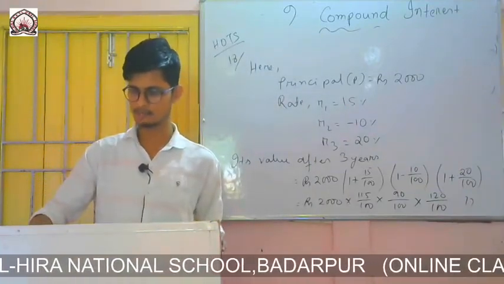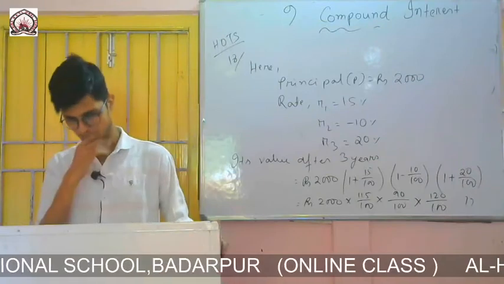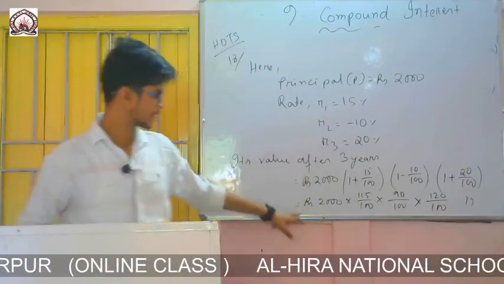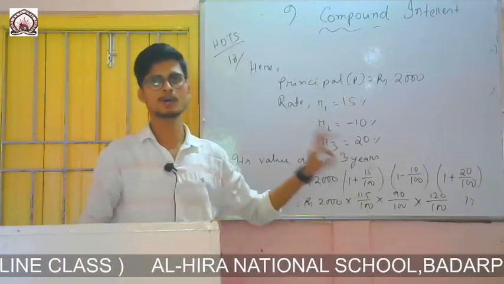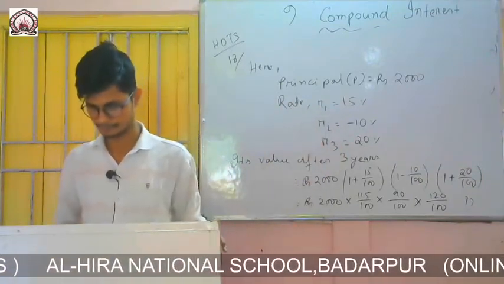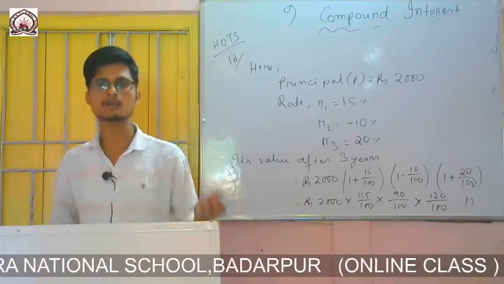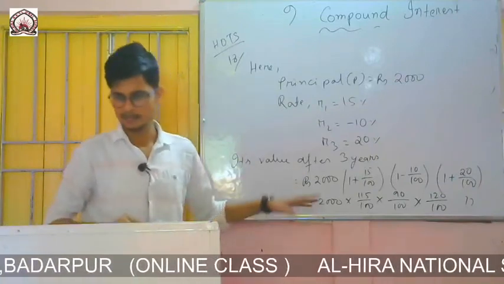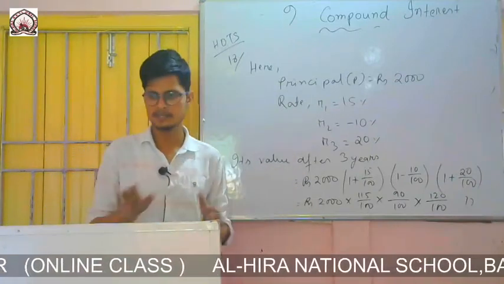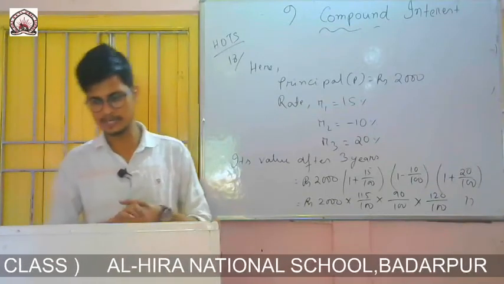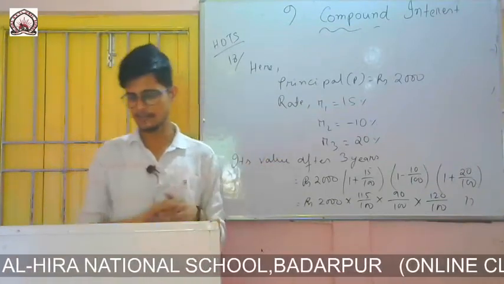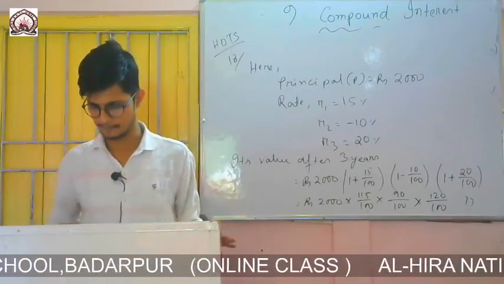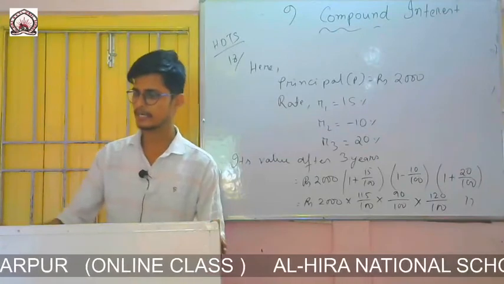So now we will start exercise 9C. Okay. So simply you solve this one, the value that you will get will be your answer. The question is to find the value after 3 years. There is no profit or loss. So simply you solve this one, you will get an answer of 2000 something. So you write, therefore the value after 3 years will be this answer. Not like the last one, no need to find the profit and loss. So now we will start exercise 9C.